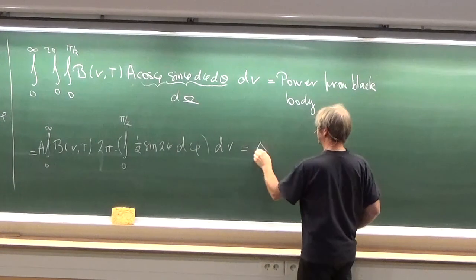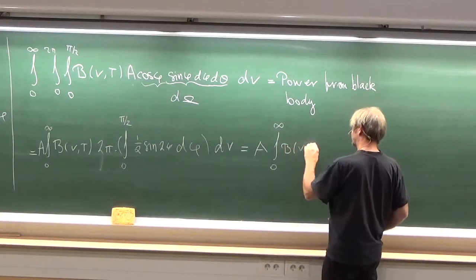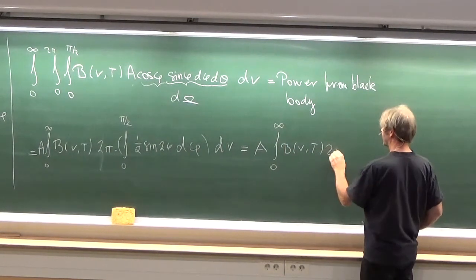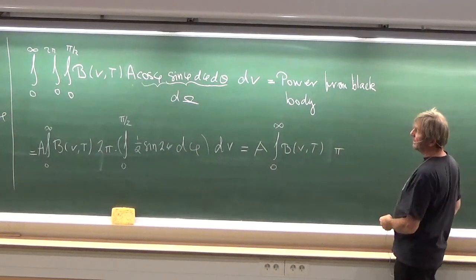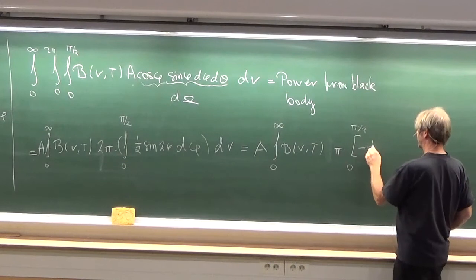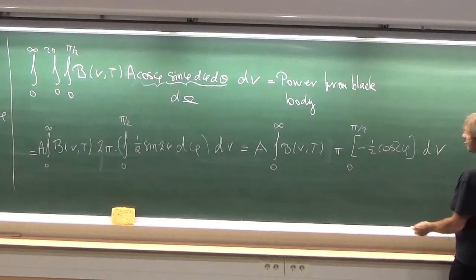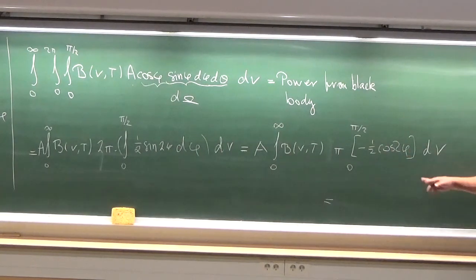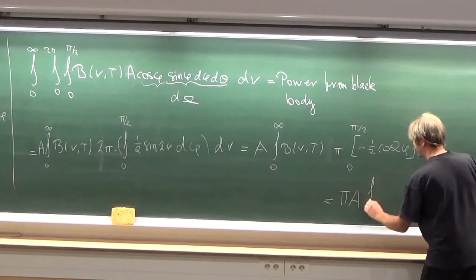So we get A, and a pi on there. And then, what will the answer be? This integral is actually 1. We get 1/2 of 1 plus 1. So this is pi A times the integral of